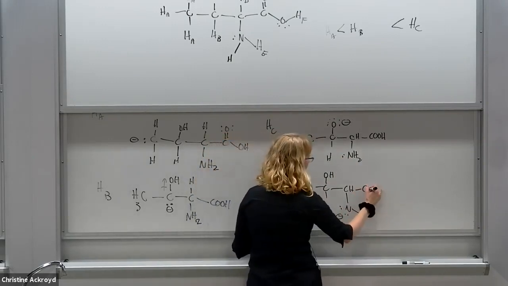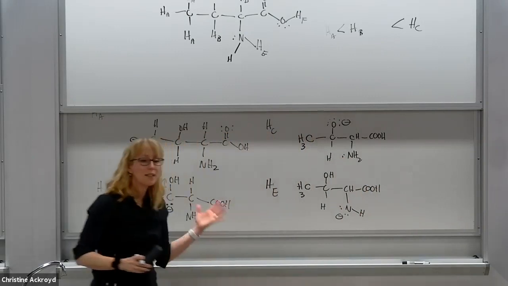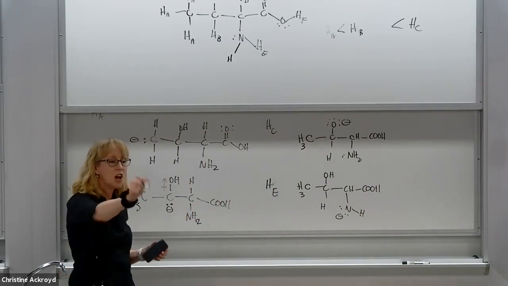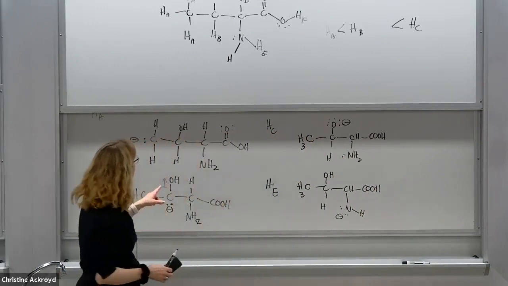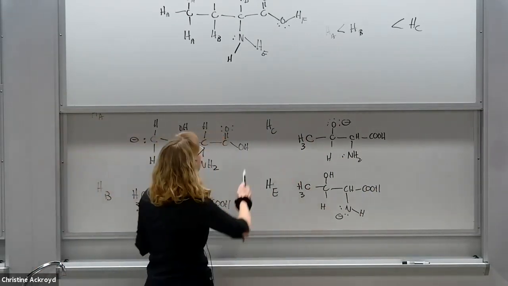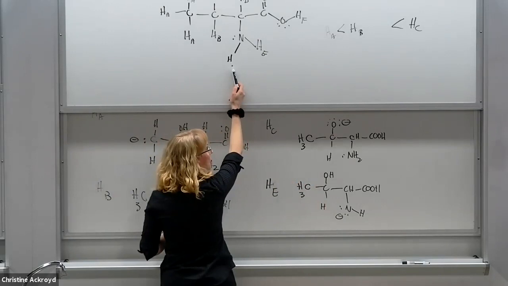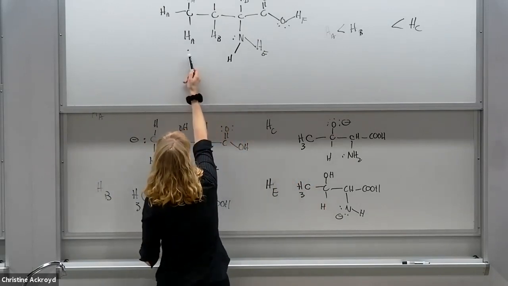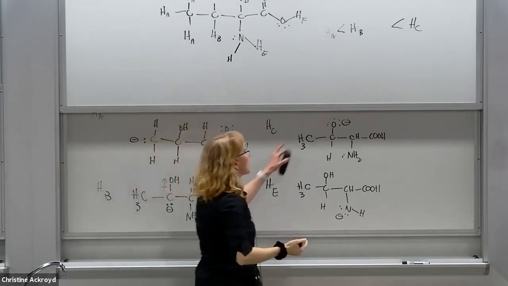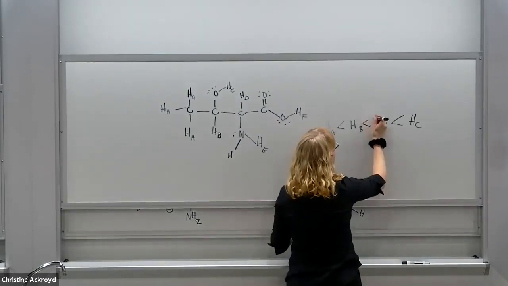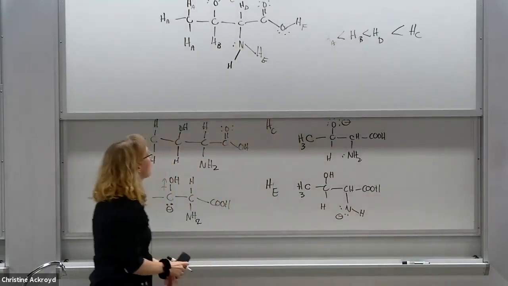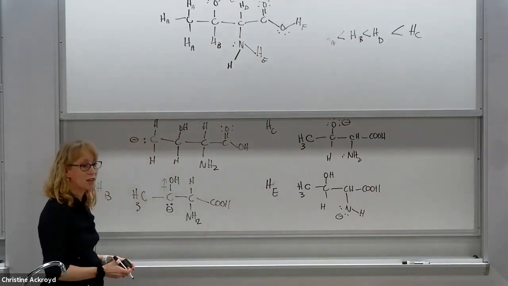Negative charge. Okay, talk to me about a negative charge on nitrogen. It's not as good as oxygen, but compare it to the negative charge on the carbon. It's better than carbon. So what does that mean about the acidity of this proton? It's more acidic than proton A, but less acidic than proton C. We're going to do this. All right, we have one final one left, right?